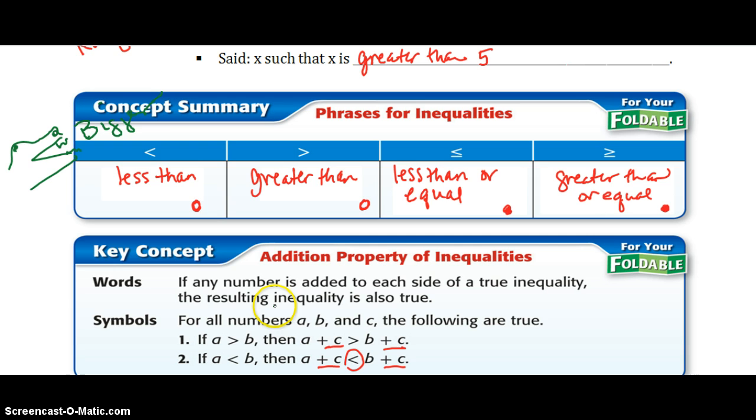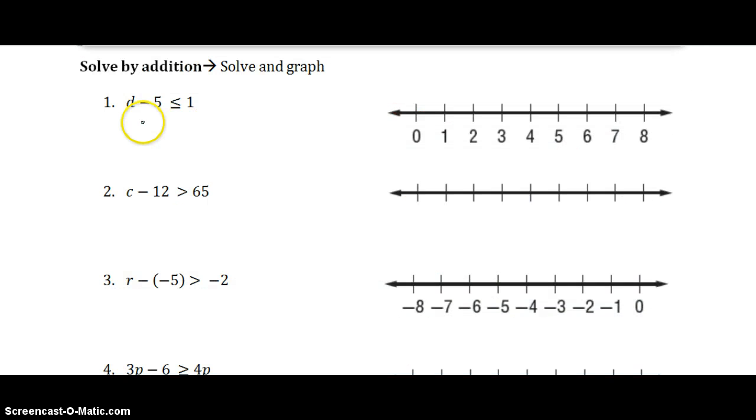Alright, there's that. We solve an inequality very much like we solve an equation. So to solve for D, to isolate our D, we'll need to add 5 to both sides. So these examples are solving by addition. So D is less than or equal to 6. So on my graph, I come over to 6. Is it an open dot or a closed dot? It's going to be closed